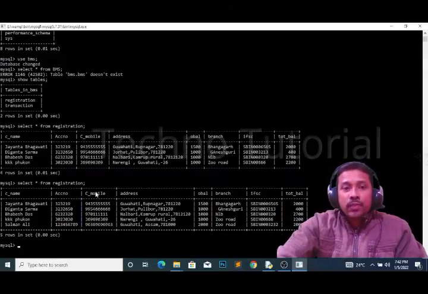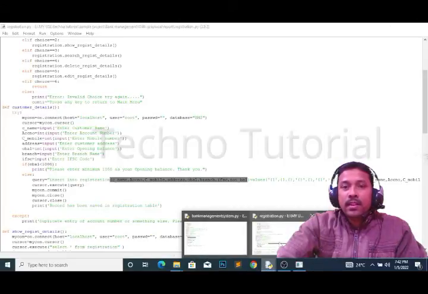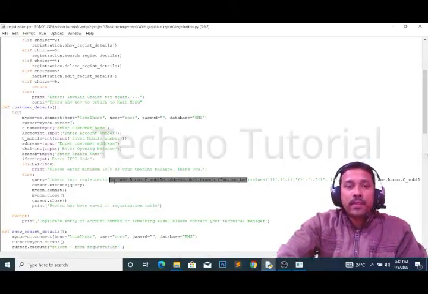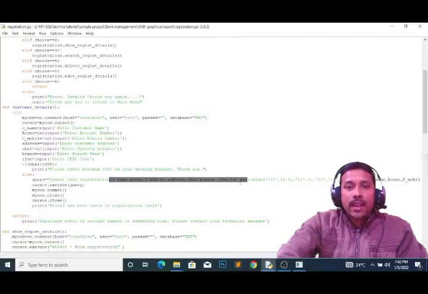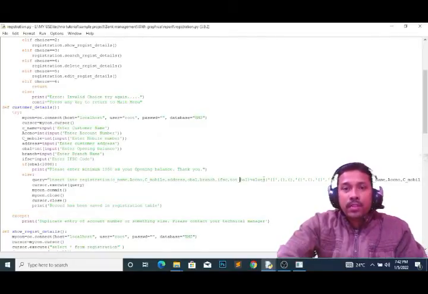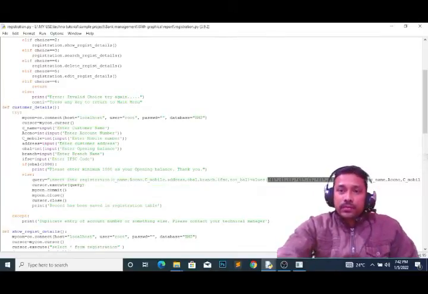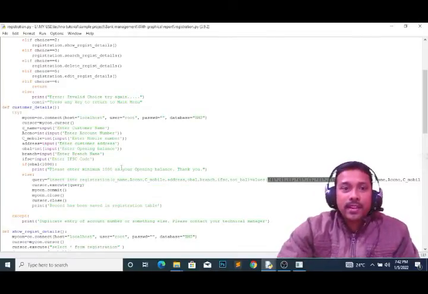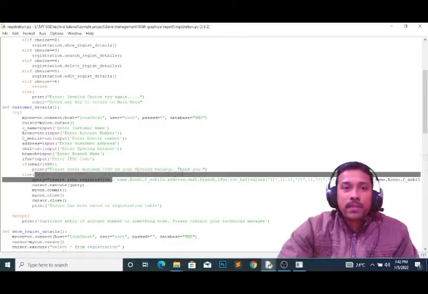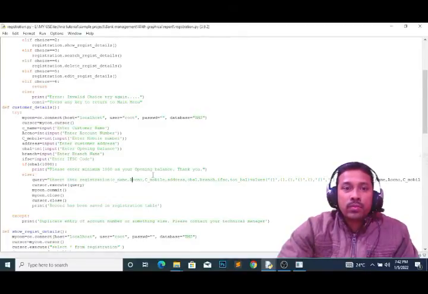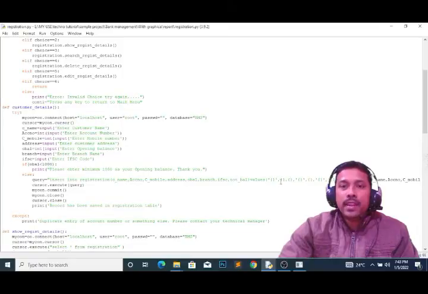As it is, what you have given in MySQL, you have to give the same in this Python file. So see, I have given this. Now you write values. This is the syntax I am writing here. How many fields are there? How many values are you passing from this Python file? Here, 1 2 3 4 5 6 7 8 values you are sending. So for these 8 values, you have to give 8 opening curly brackets.